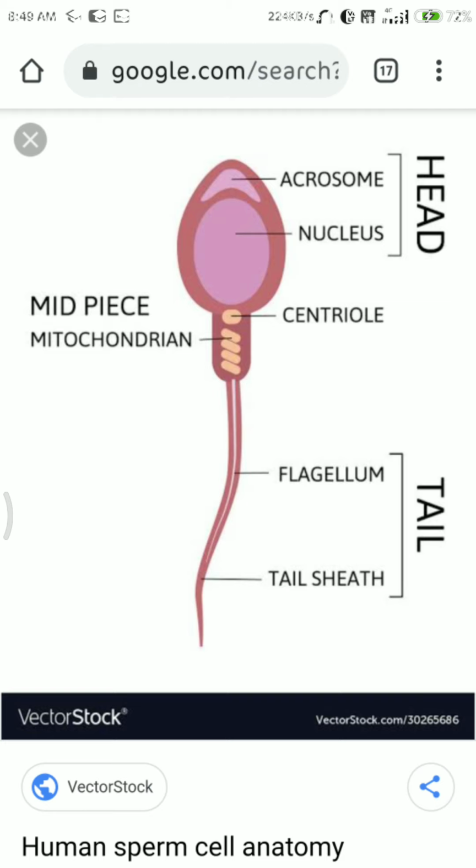You can see under the nucleus a small rounded structure. That is the centriole, and you can label it. It is small, so zoom in to see it bigger. You can write it or draw it. Save this picture and draw it in your copy or notebook wherever you like. Take a screenshot of the pictures I am showing.